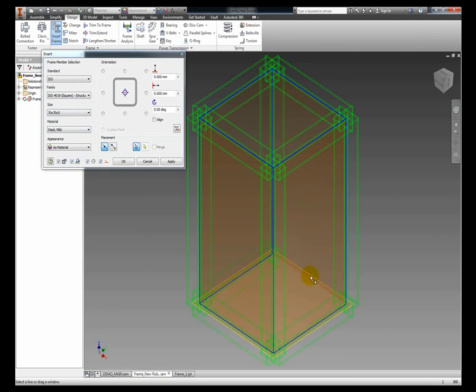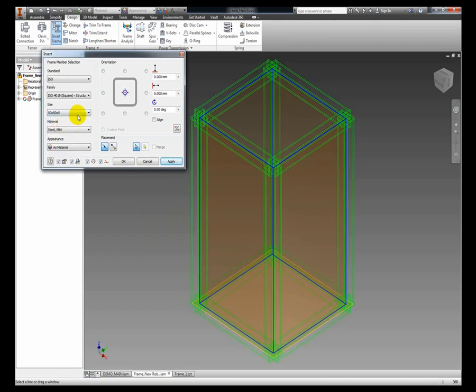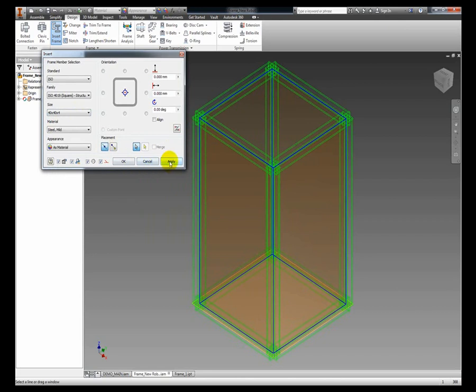Frame-wise. And I can again go back and change the size. So if I pull this down, I can bring it down slightly, and I can bring it down even further. So at any point I can go back and edit this design accelerator. So if I apply this now,